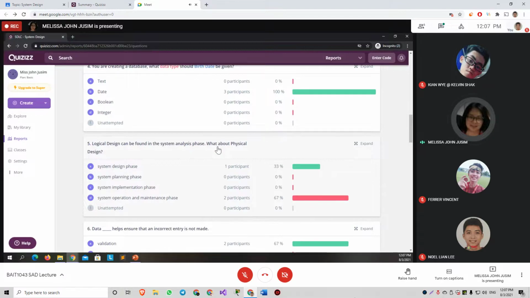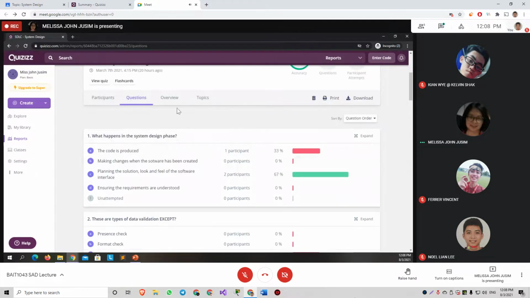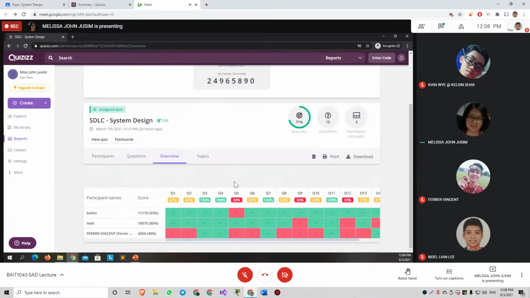So physical design is in the system design phase. I believe if you go to the first chapter on system design, we have that particular diagram showing you the logical design and physical design, the difference. Okay, what else? Question 6, 8, 9, 10.